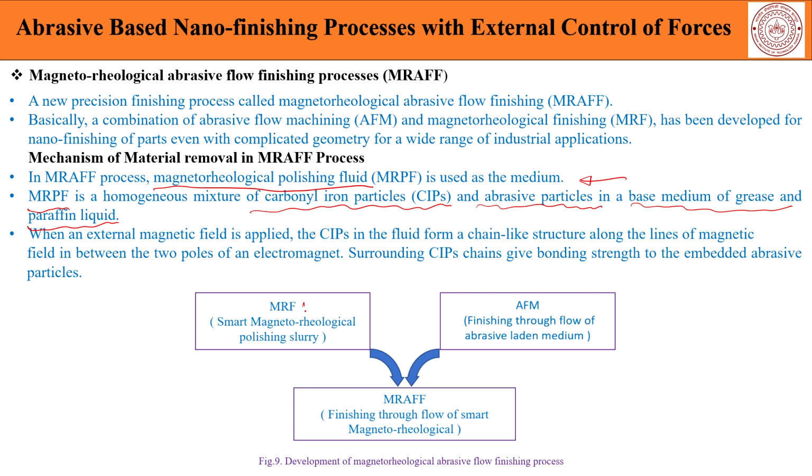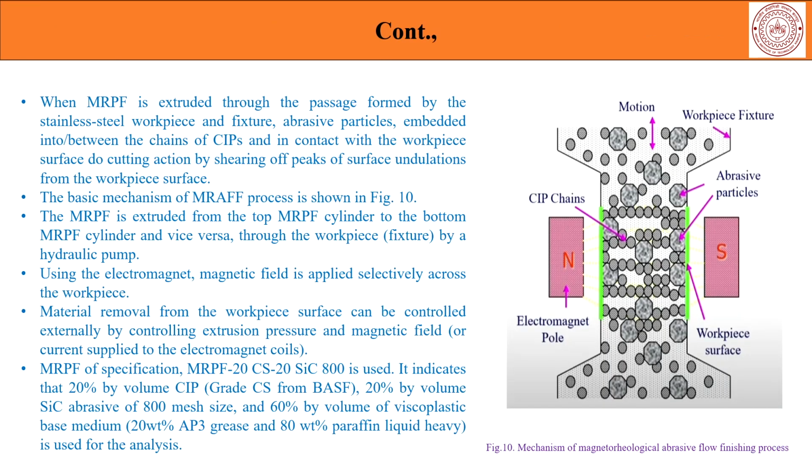You have the smart magnetorheological polishing slurry, MRF, mixed with the power of the AFM, which is finishing through flow of abrasive laden medium, and then combining together it gives you finishing through flow of smart magnetorheological fluids. Let us look at schematically what is going on and try to understand the material removal rate a little bit